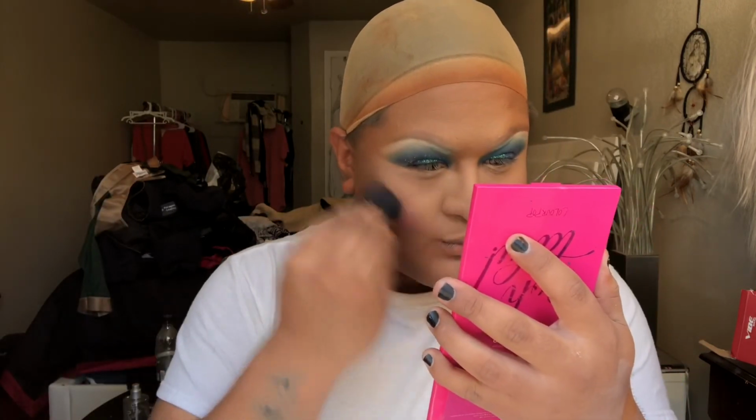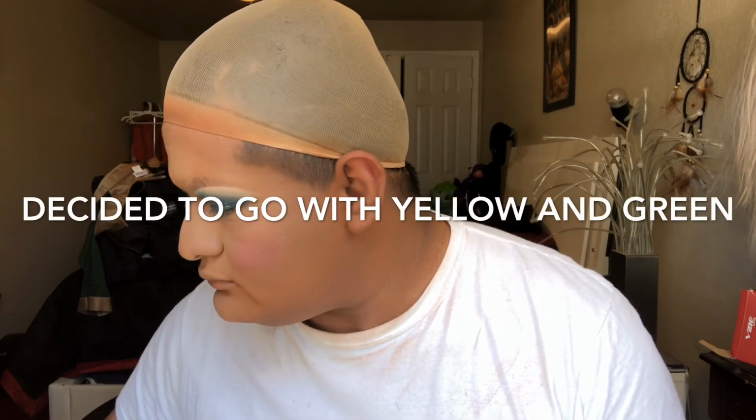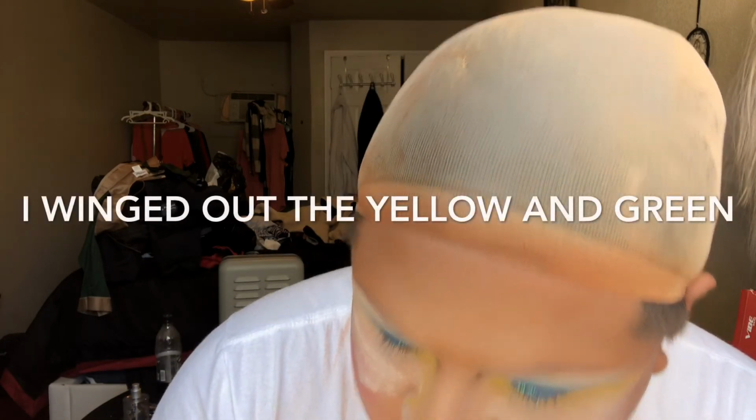So I'm trying to go with this little anime kind of look. So I'm gonna focus the pink normally on the cheek. So now I will go under my eye and go with that blue. Okay, let me put a little bit of powder under here just to keep it safe from any fallout. I'm gonna add a little bit of green, just kind of like